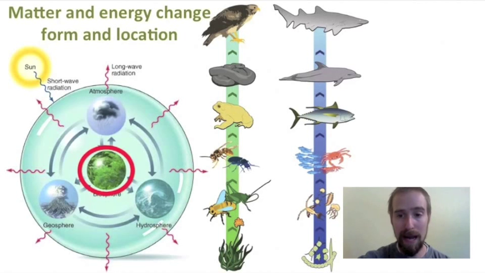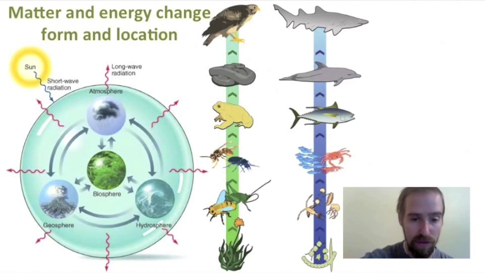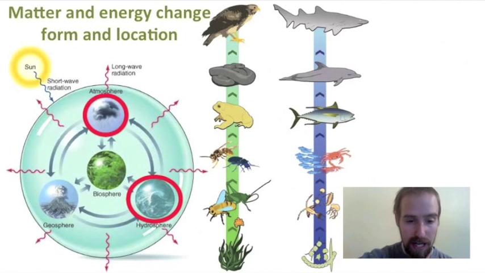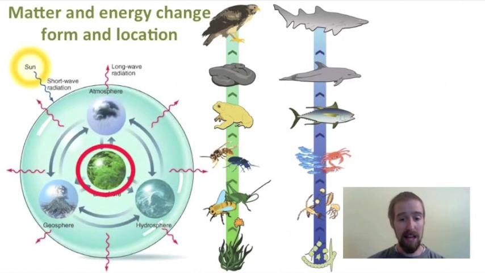But matter gets passed back and forth between the biosphere and the atmosphere, and between that and the hydrosphere, and between the geosphere, and between all of these and each other. And if we zoom in here on the biosphere, matter actually moves around in the biosphere quite a great deal as well. In a food chain, matter is going to be passed from an organism to the organism that eats it. So, plants are going to pass their matter on to the insects that eat them.